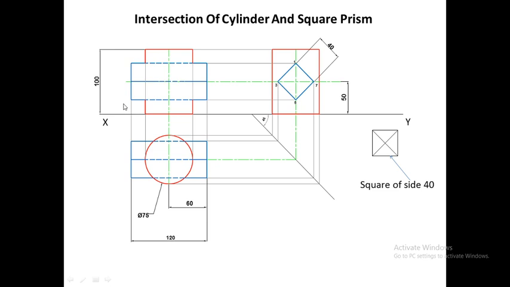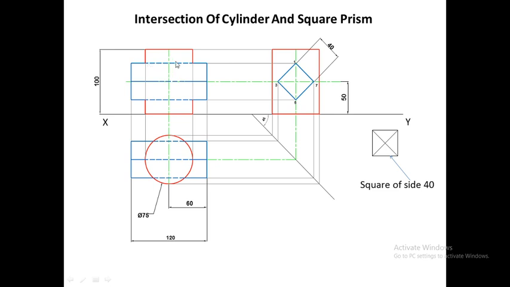Now again you can see here that from the side view, two rectangular faces of the square prism will be visible: the rectangular face represented by line 1 to 7 and the rectangular face represented by line 7 to 5. So in the front view we have to draw two rectangles. First rectangle on the upper side, this rectangle, and the second rectangle. You can see that the front view of this square prism has two rectangles, first and second. This is because from the side view two rectangular faces will be visible, 1 to 7 and 7 to 5.